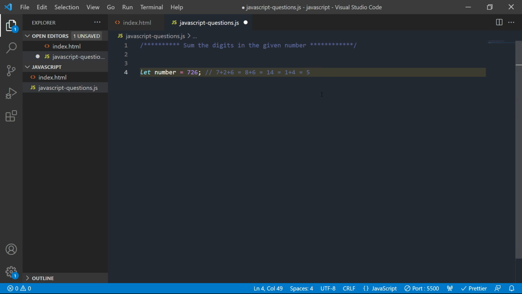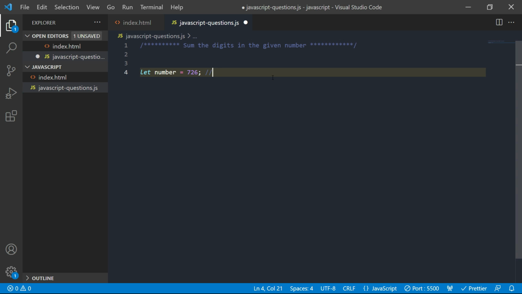So let's check our approach. First, we need to convert this number into an array of numbers. After that, we can use the array method reduce and return the sum. Let's write some code to achieve this.